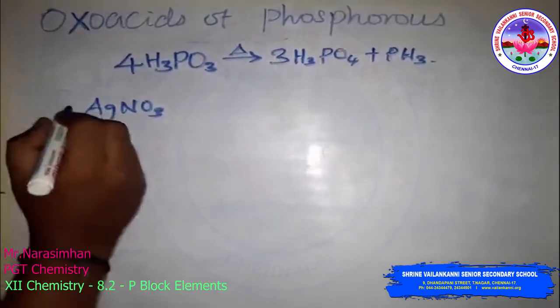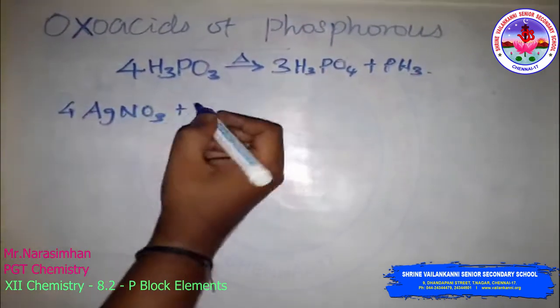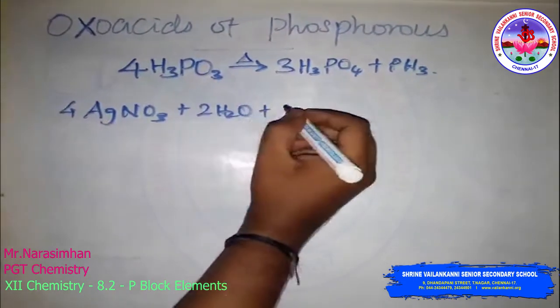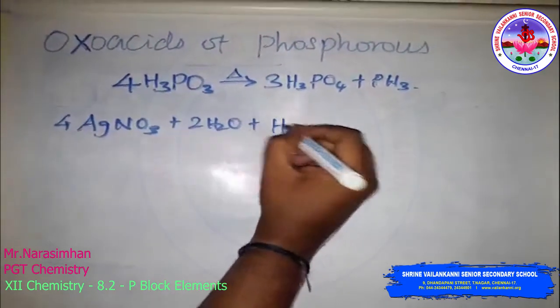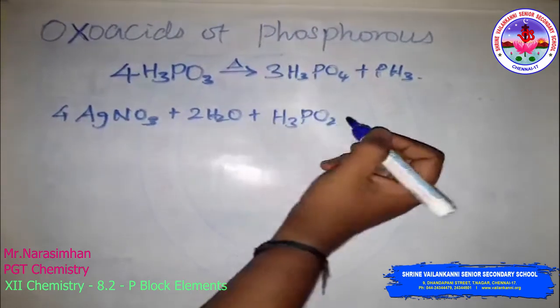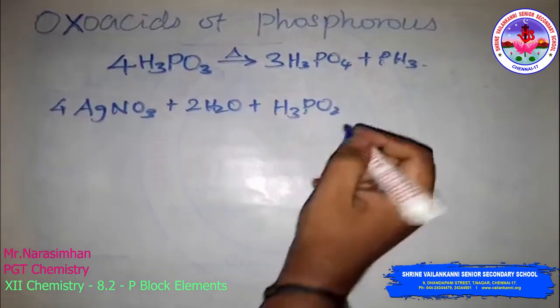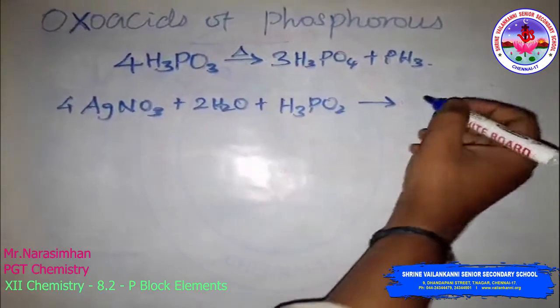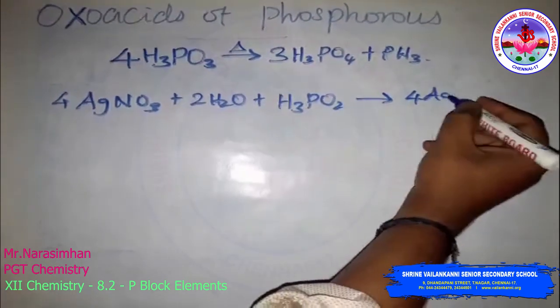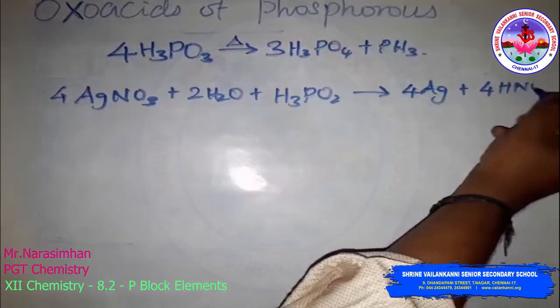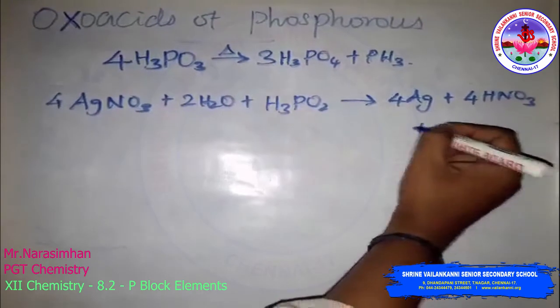The silver nitrate solution reacts with this H3PO2, the hypophosphorous acid, to give silver, nitric acid HNO3 and phosphoric acid